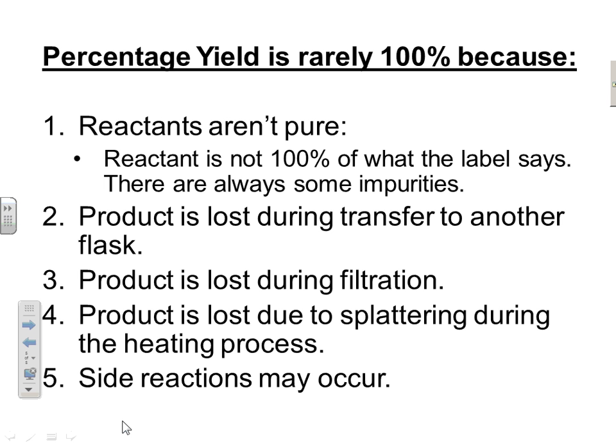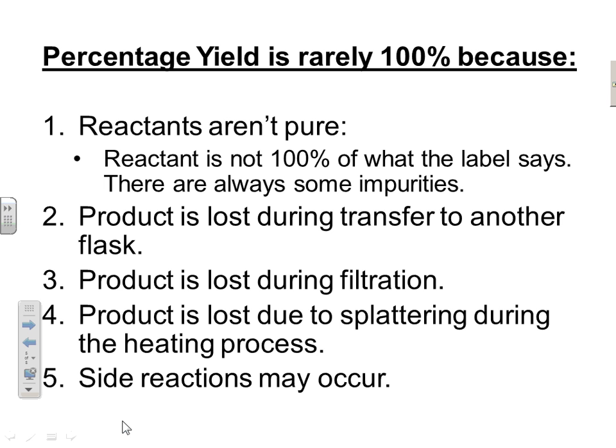We could rinse and rinse and rinse, but sodium carbonate is such a fine powder, no matter how many times I rinse, I'm just going to pour it down the drain, that sticks to the bottom. I can swirl it around, I can do all that stuff, and that sodium carbonate is so fine that I need a paper towel to wipe it out. So I've missed some of the product. I can't get it out, so I won't be able to measure it. The percent yield will be off. So percent yield can be off due to many reasons: transfers,